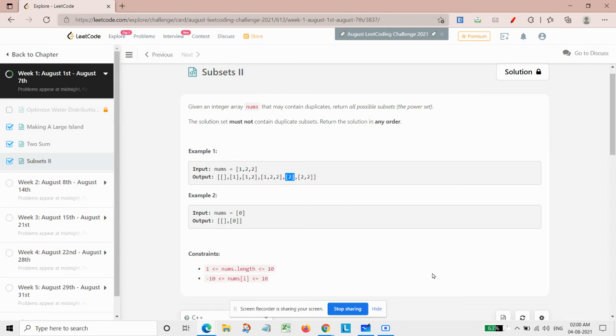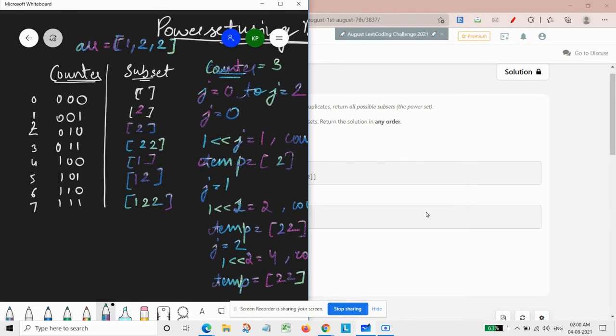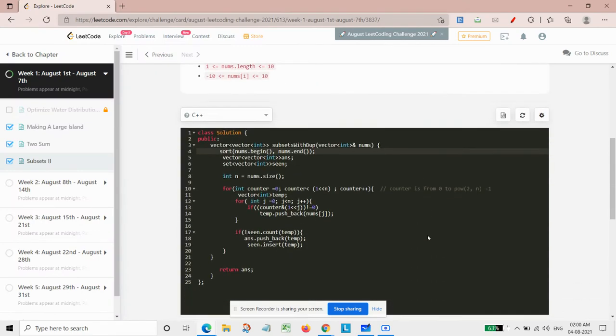So for that, how we need to proceed is like, in the first example only, we are given the array 1, 2, 2, right? So what we will be doing is we will simply have one counter, the way here I have done.